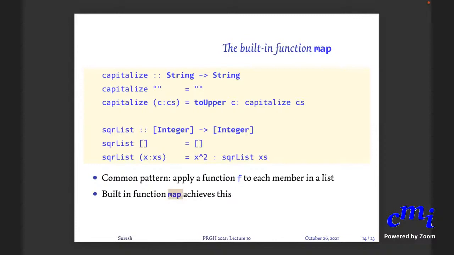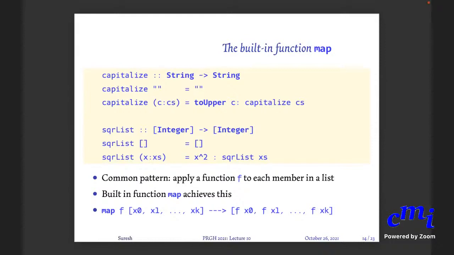Map just means it's a function. What is a map? Map will change every element in the domain to something in the range, right? So that is what you mean by map. So map in this case takes a list and changes every element in the list to whatever you will get after applying f. So map f of [x0, x1, ... xk] should be [f applied to x0, f applied to x1, ... f applied to xk].